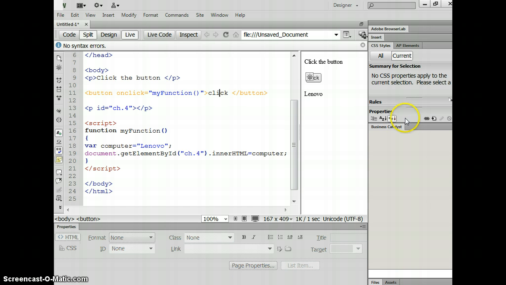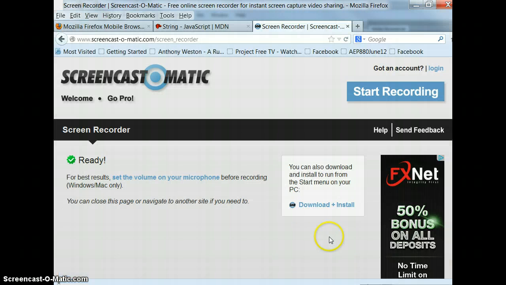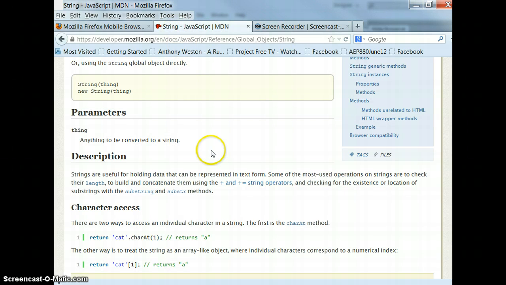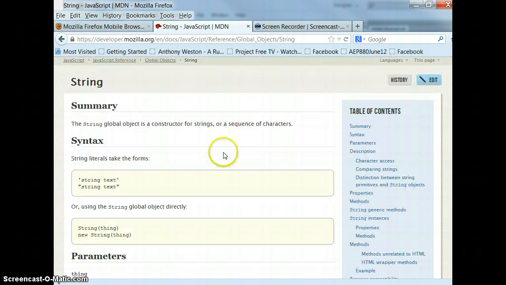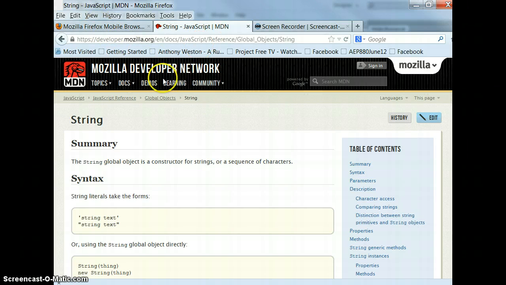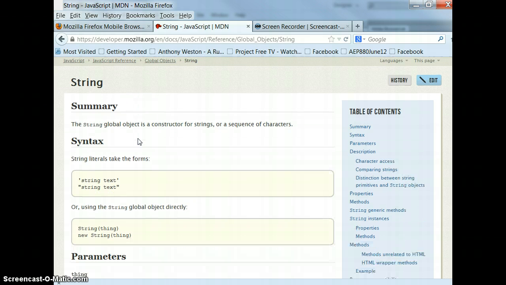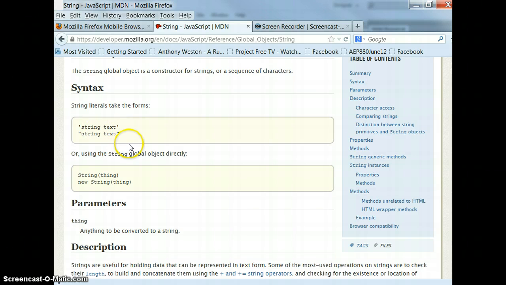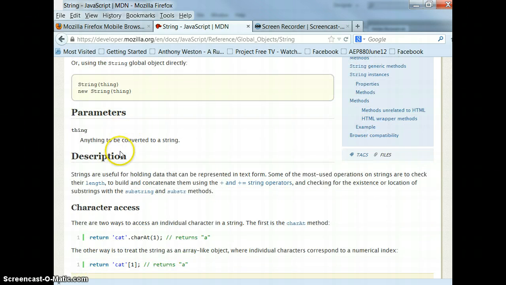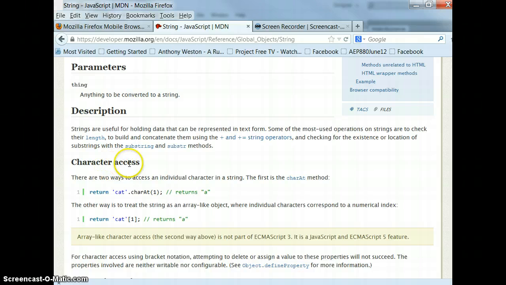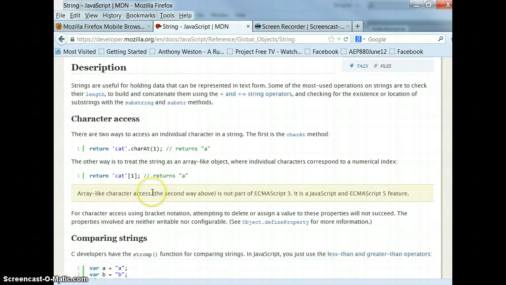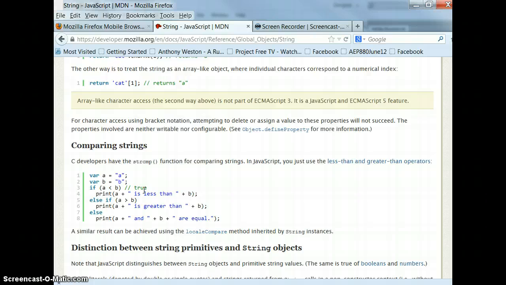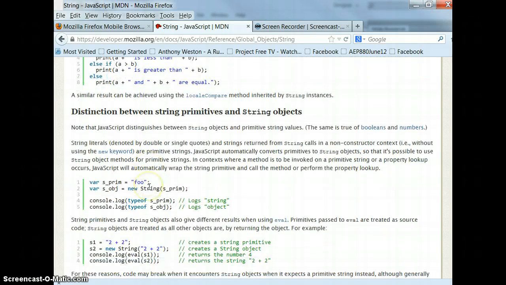So I'm going to quickly show you the research that I found on strings. I went to the Mozilla Developer Network, and basically it just tells you what a string is, the syntax for using a string, the parameters, description, the characters that you use. It goes through comparing strings,